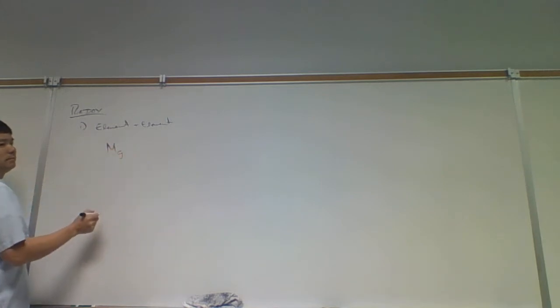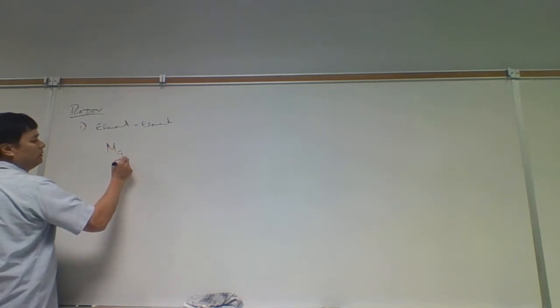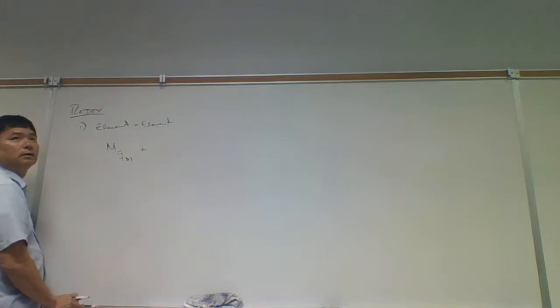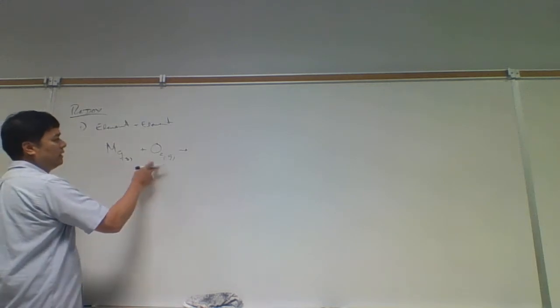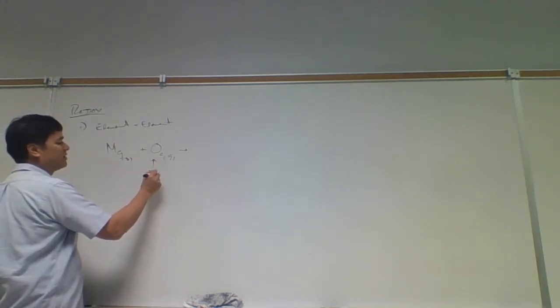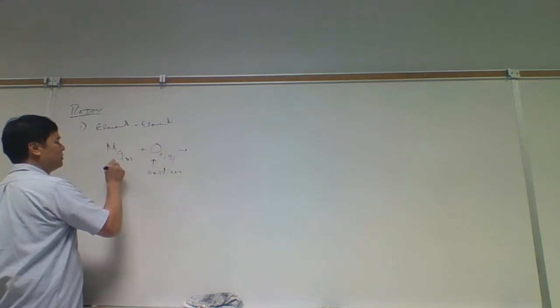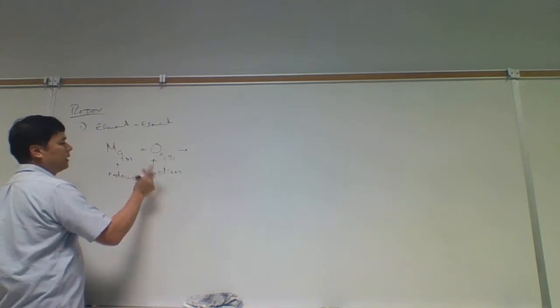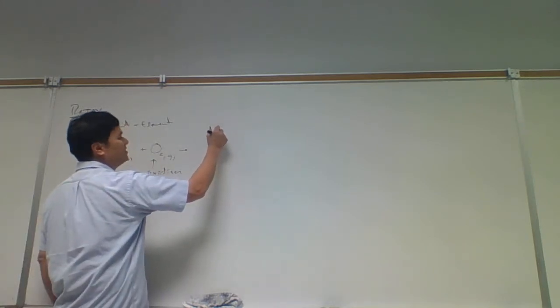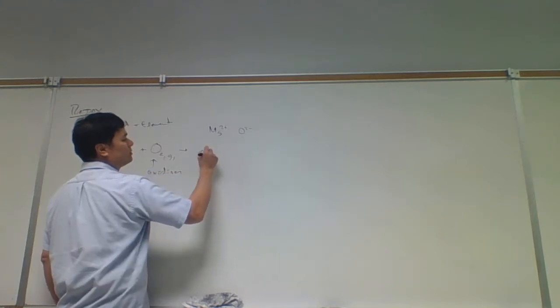If we have magnesium solid reacting with oxygen gas, what forms? Magnesium oxide. We call this the oxidizer over here. This is going to be the reducer here. And when this reacts, magnesium will lose 2 electrons, oxygen will gain 2 electrons, so we're going to form MgO